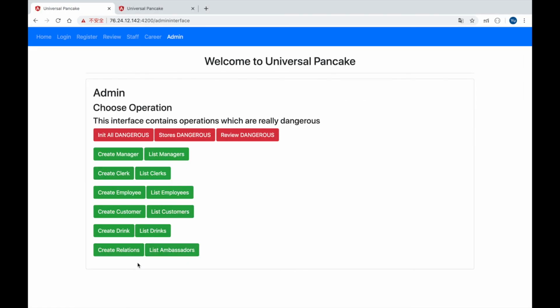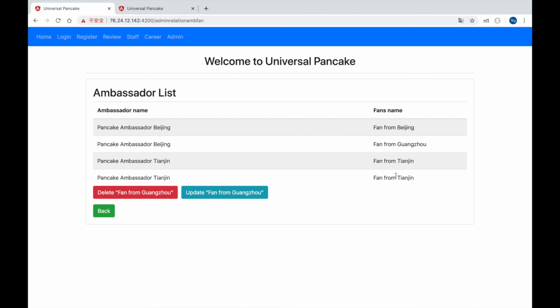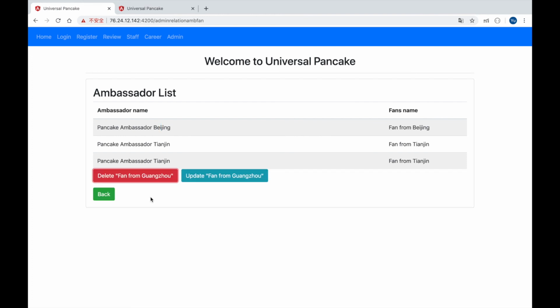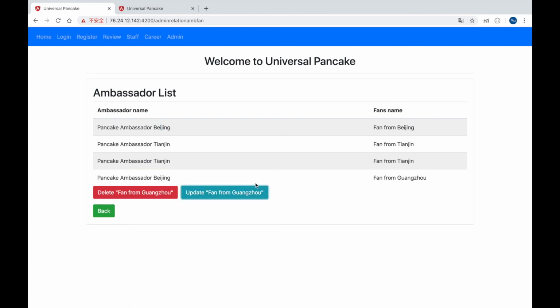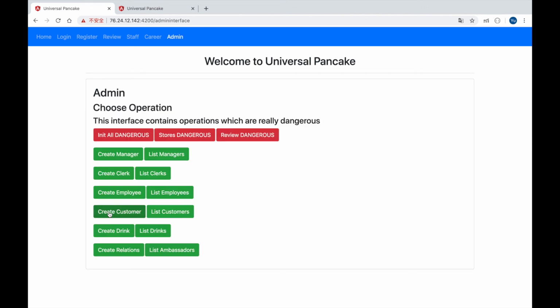Okay, the final is the user-to-user relationship. Fans are like the ambassadors of our store in different locations. Delete one. Update one. Okay,